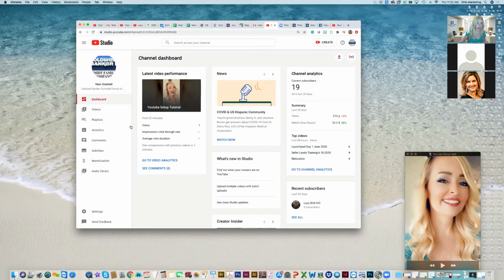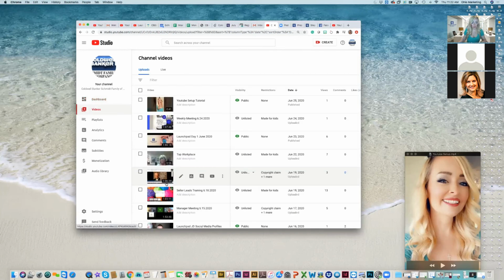I'm gonna go ahead and then go to the left side here. Dashboard is what we're looking at. I'm gonna click on videos to see all of my videos here on this main company channel. In order to do anything with them, it's very simple. I can hover over that area, and if you click on here, I can edit all of the information I used to upload it with, so the description, etc. I can see the analytics. I can see if anybody commented on it.